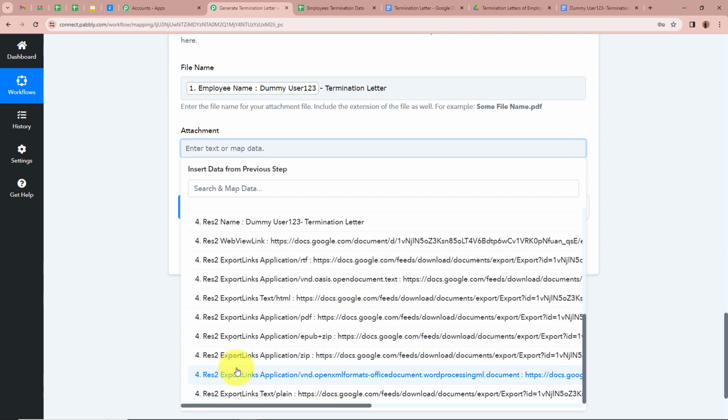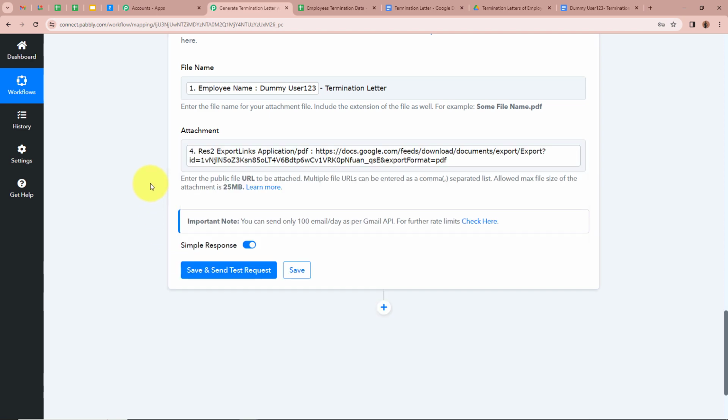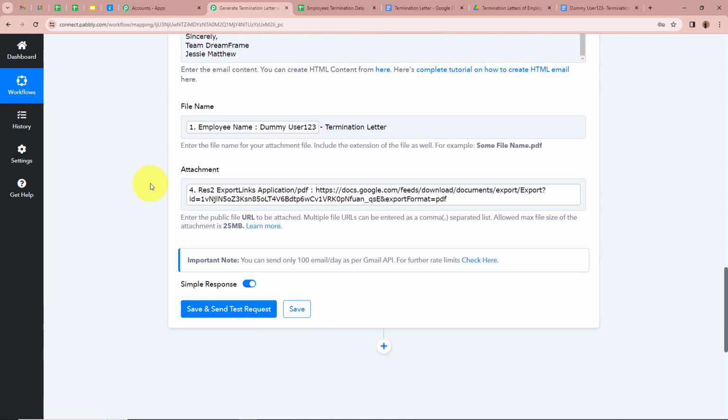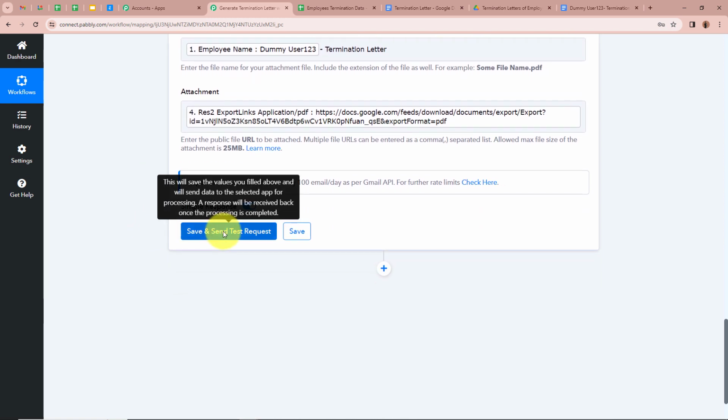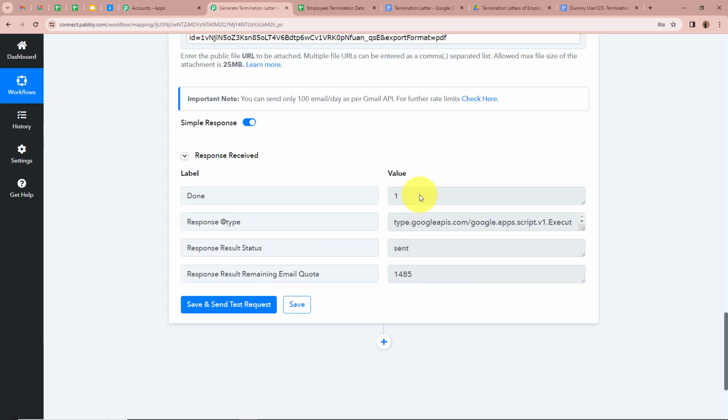We're going to map the data of the PDF version of the file that is provided to us right over here. After filling all the details, I'm going to click on save and send test request. And yes, as you can see right over here, the response is received, and over here it says send. So now I'm going to open my